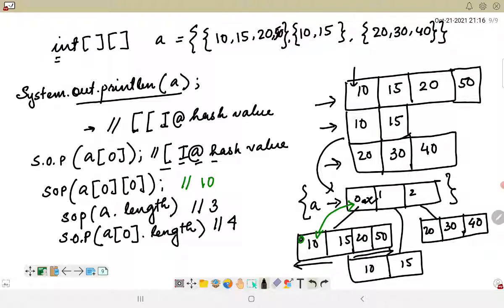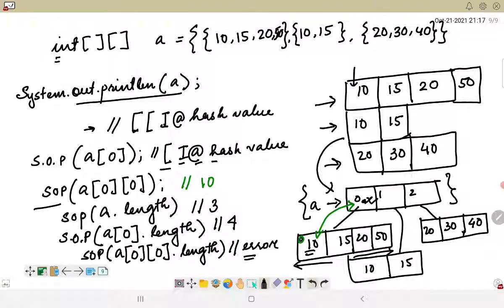And finally, if I write SOP and then a of 0 0, which is value 10, we have already seen this, a of 0 0 is value 10, dot length, then it will throw me an error, because 10 does not have any such length associated with it.